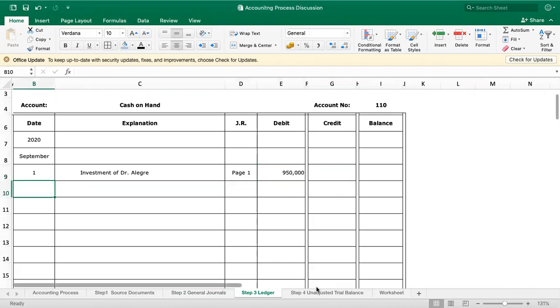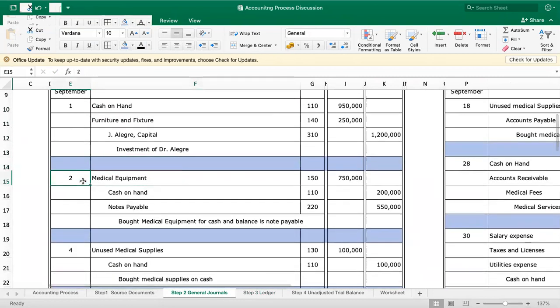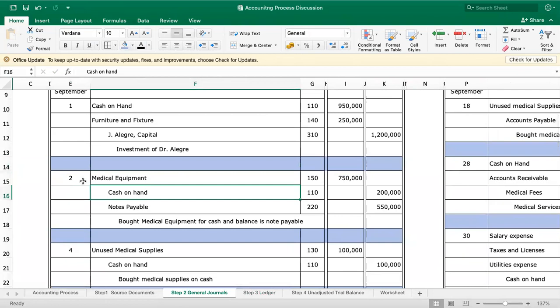So let's go to the journal. Did we transact on September 1? Yes, cash. On September 2, is cash involved? Yes, cash, right? There's a cash account credited 200,000. Therefore, on September 2,